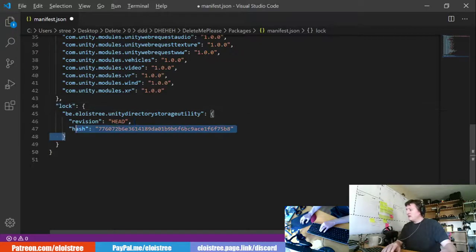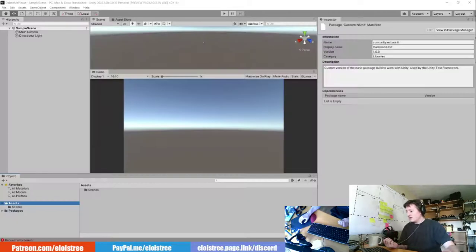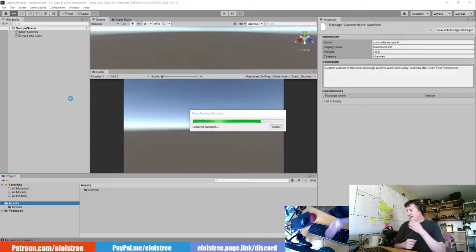So here, if I remove that, it means now that it's not locked, that it will update the next time I go in Unity. So I will go in Unity, and as you can see, it will download all the projects that are not locked. So it means my Java project and my Directory project. So the both links I gave you.